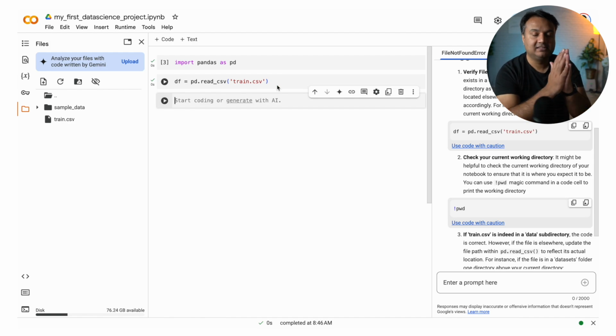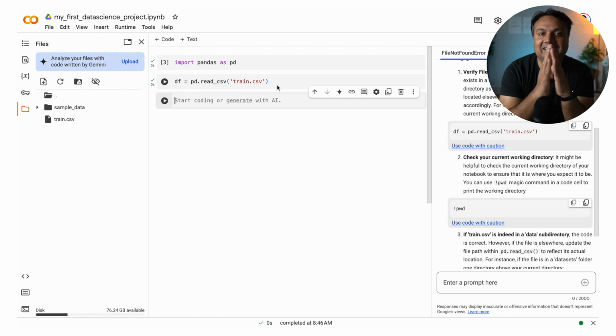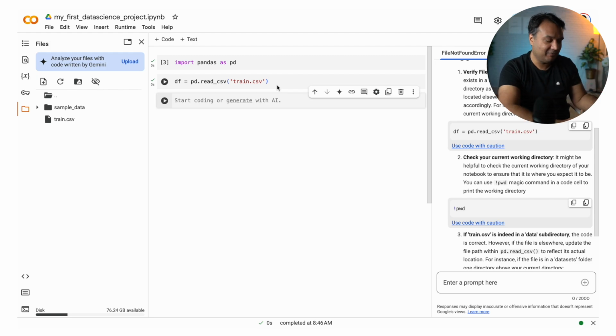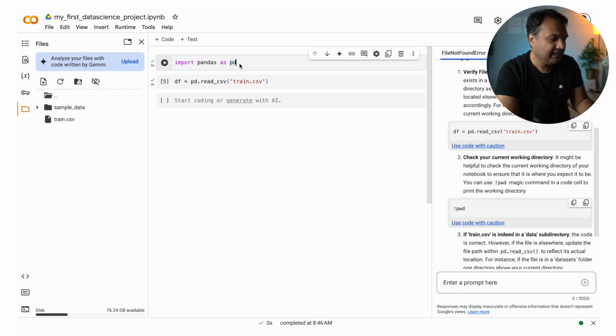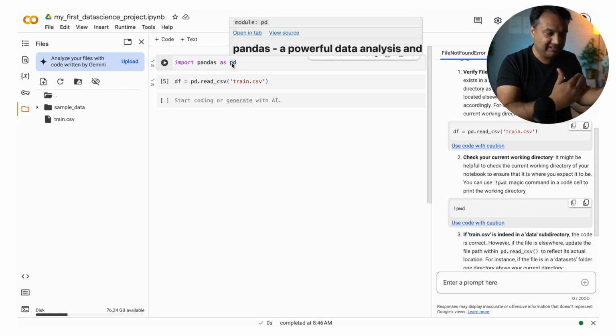Okay, so if this is the first time you have seen Python code written, it might look a little intimidating, but I try my best to explain it in a very easy way. And we won't be writing a lot of code, so don't worry too much. We'll be using libraries, and it's not very difficult. So the first thing we are doing, we imported pandas as pd, just a smaller name, because we'll be addressing it again and again, so it becomes easier.